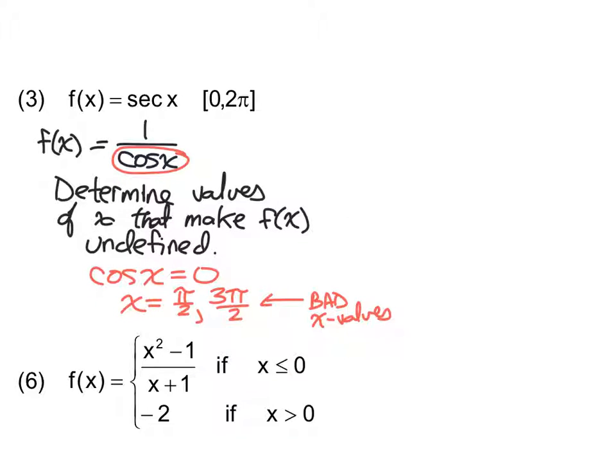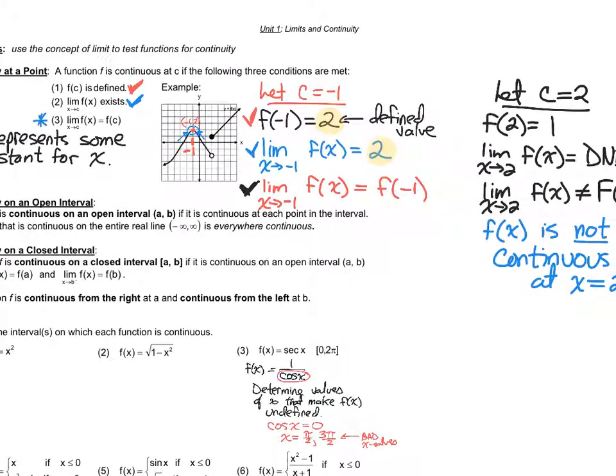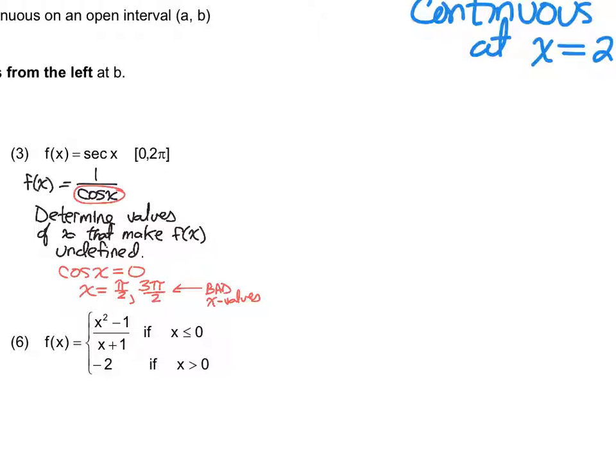All right? So one of the conditions for continuity, and really the work is done in this case, because it says a function is continuous at c if the following 3 conditions are met, all 3 of them. You don't get onto the second condition if you can't get past the first one. F of c is defined. All right, well, we just showed 2 instances where that condition is not met. So, and those are the only 2 instances. So we could assume that everywhere else it is defined. And then, I mean, we're not going to test limits for every single one of those cases. So what we would say is continuous